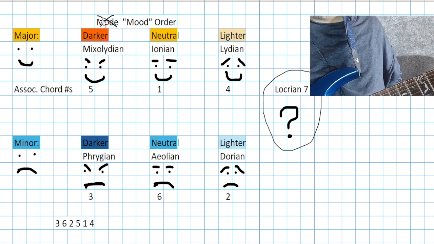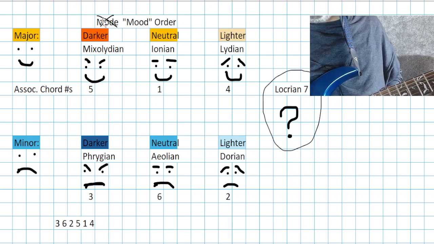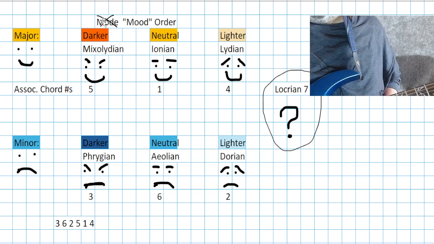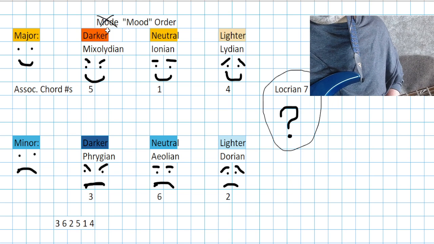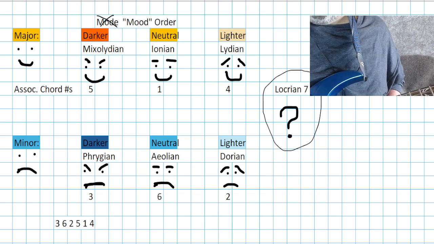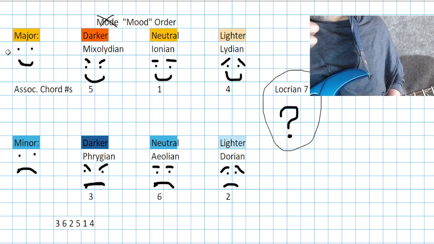Sometimes you hear people approaching things in ways you can really grasp, and other times it looks kind of alien, and you wonder, well, why go this way when you can approach it from this way? In this particular case, this information is incredibly useful. But the first thing we need to know for this lesson, starting now, is this mood order